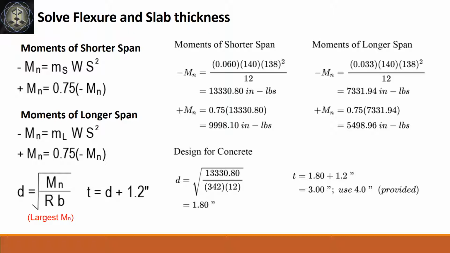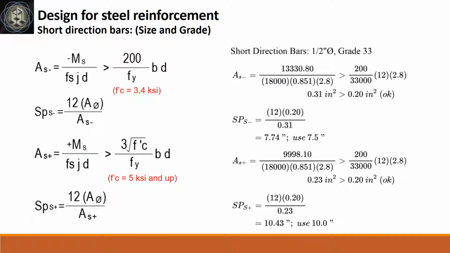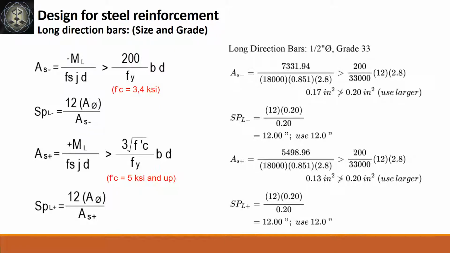Total depth is 3 inches. Use 4 inches as minimum. At short direction, given negative moment equals 13,330.8, positive moment equals 9,998.1, Fs equals 18,000, J equals 0.851, and D equals 2.8, the area of steel for negative moment is 0.31 square inch, with spacing of 7.5 inches, and the area of steel for positive moment is 0.23 square inch, with spacing of 10 inches. At long direction, given negative moment equals